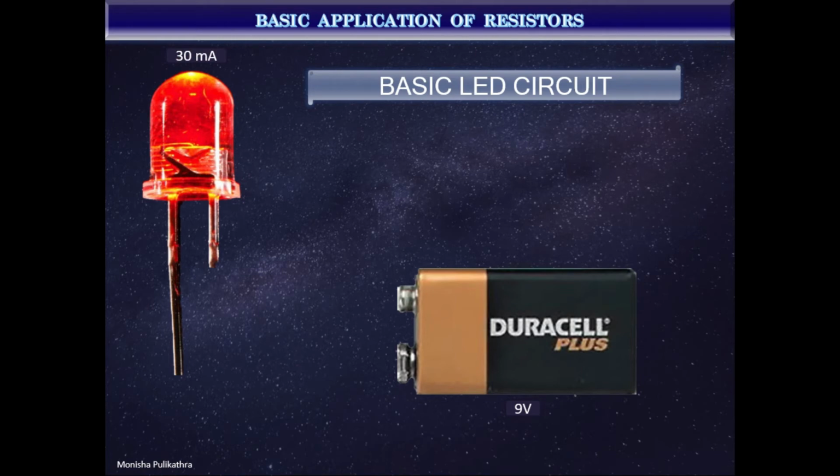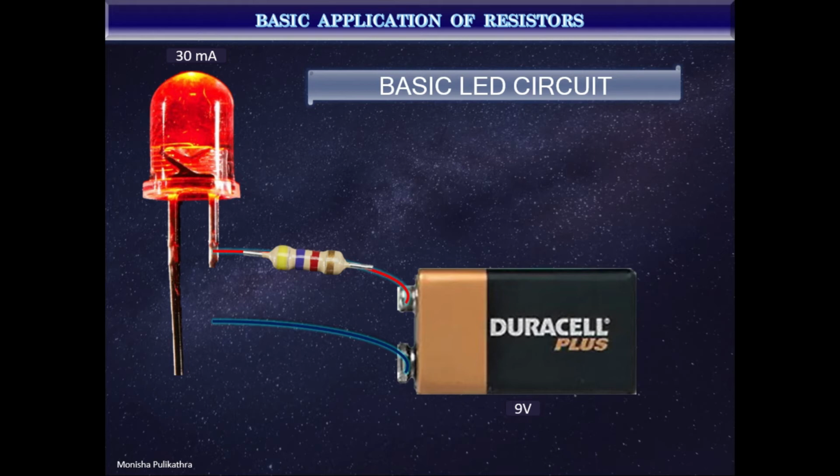If we directly connect the battery to the LED, then the LED would burn out instantly. The LED practically doesn't create resistance, so the current will get much higher than 30 milliamperes. To prevent this, we can place a resistor at the positive end between the LED and the battery like this. The resistor should have a resistance just high enough to reduce the flow of current to 30 milliamperes.